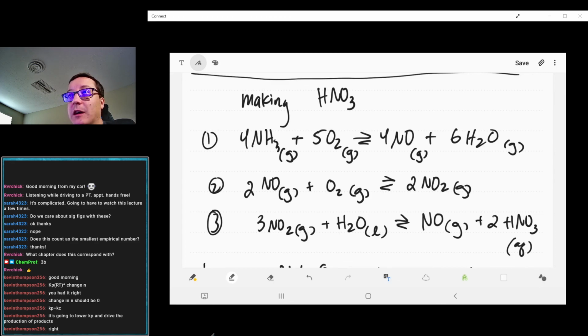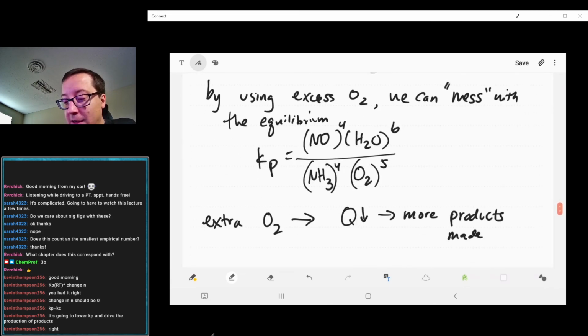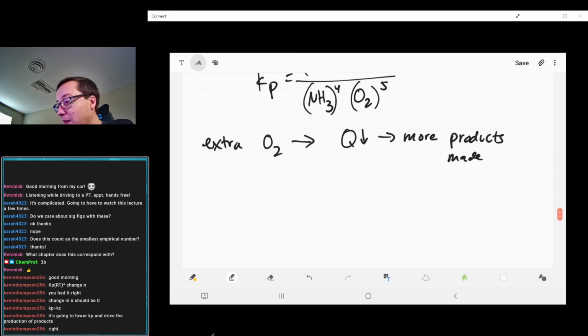All right, so that's a consequence of this Le Chatelier's principle idea, is that we can use this in real life, say, hey, we've got all this extra oxygen, let's just keep throwing it in there, forcing this equilibrium to make more products. And of course, that means more money and, capitalism, hooray. All right, that was part 1. Part 2,